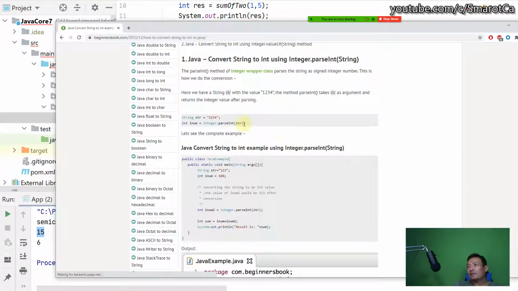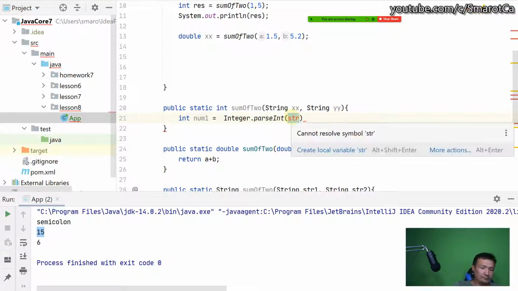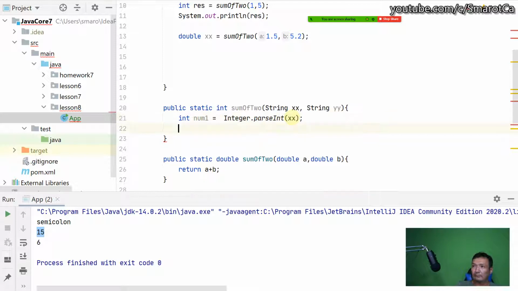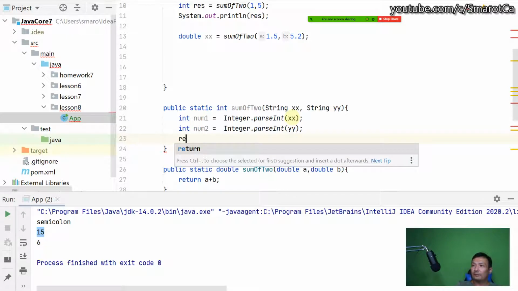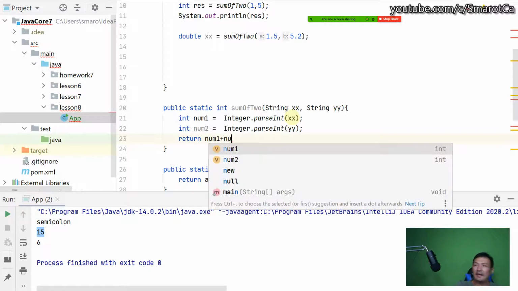And we can use this Integer.parseInt. Okay, I will use it. So I will do something like int num2, like so, and I will return num1 plus num2. I will try to do that,